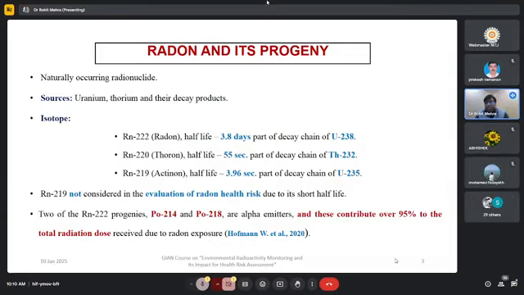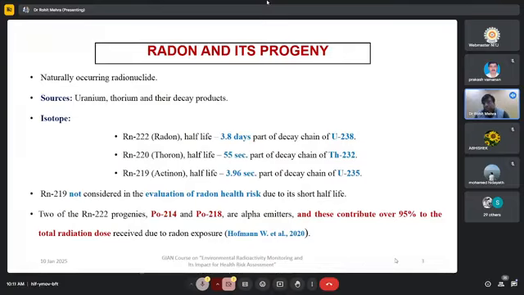It is a decay chain of uranium 238, and basically it is the progeny of radium 226. So once the alpha is emitted from radium 226, we get radon. Similarly, thoron is again an isotope of radon, which comes from the thorium decay series. So after some alpha emissions, when the thoron occurs, both radon and thoron are gaseous in nature.